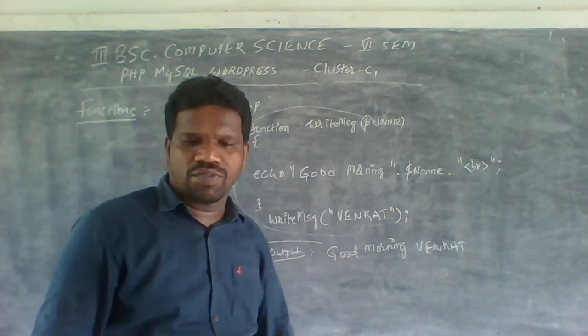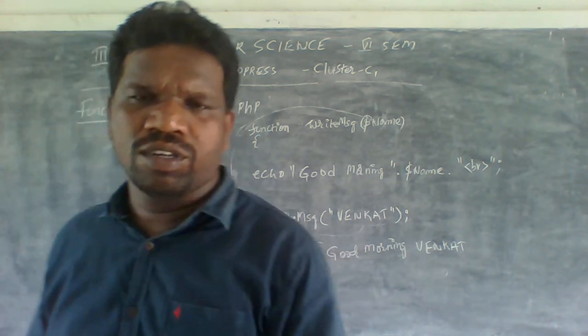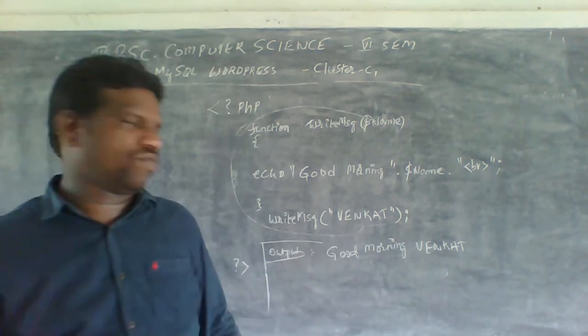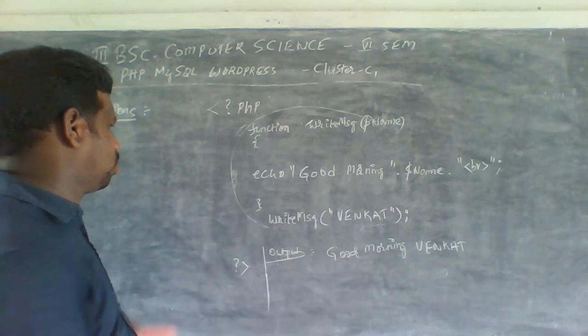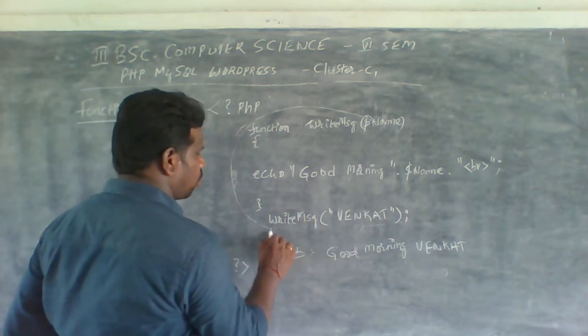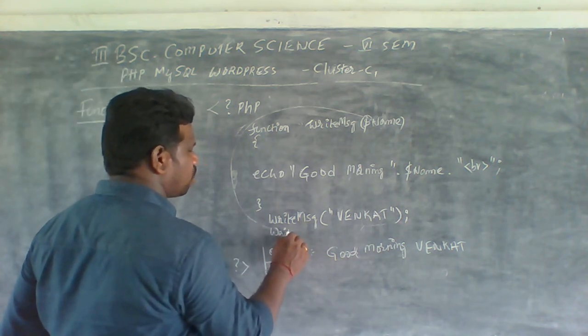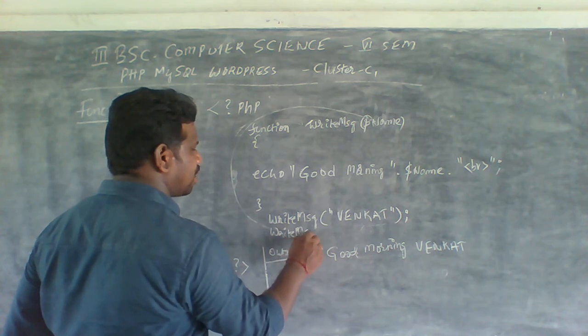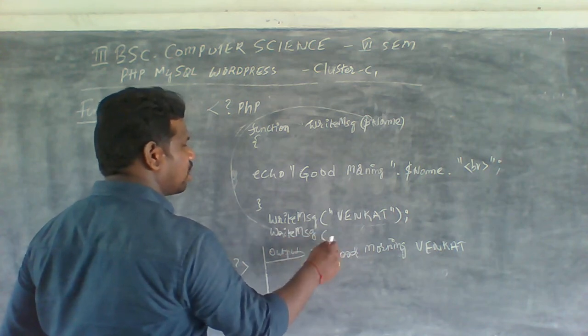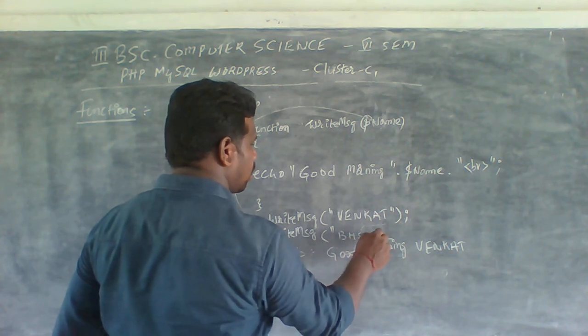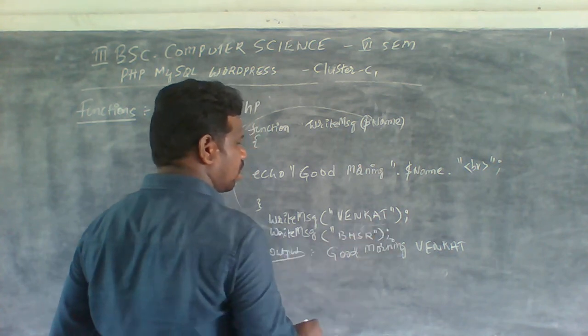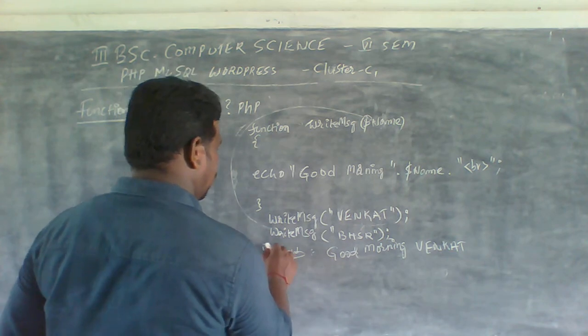If you want to write the same code with respect to another name, you have to call this function again. It should be written like this. The same function can be used here. writeMessage. In this session you have to write PHS. In the course you have to say this. Then the answer should be